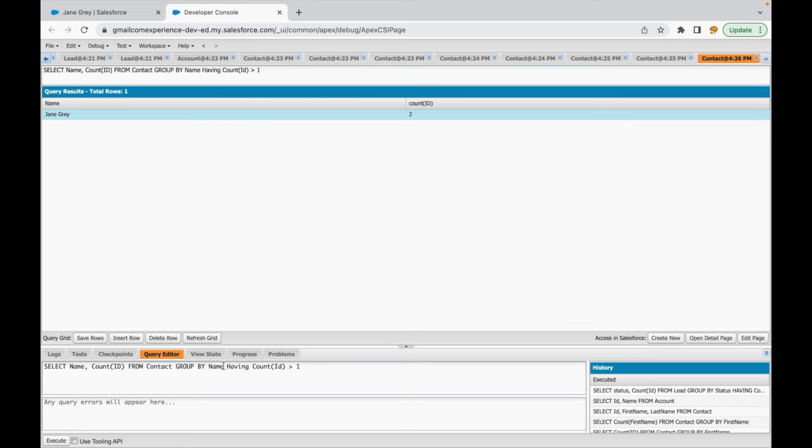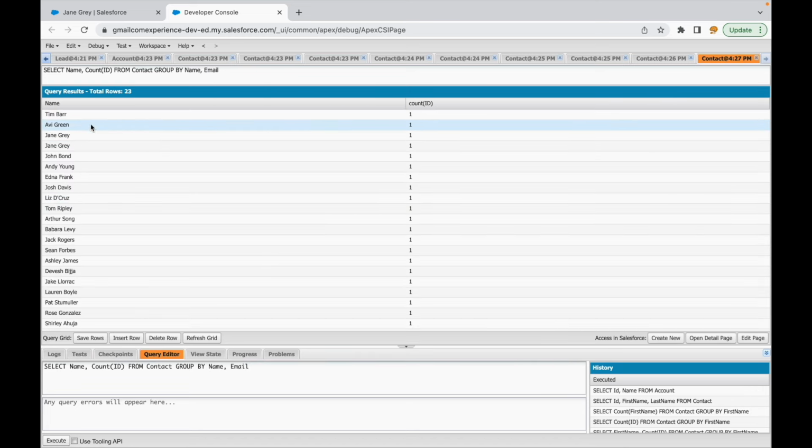So I want to check name and email also. So I have to group my information based on my next parameter. So you see, I can have more than one parameter in my group by clause. So I can say group by name, email. So now I can just say execute. So I'll see information grouped by name and email. And see, the 2 has gone away because now